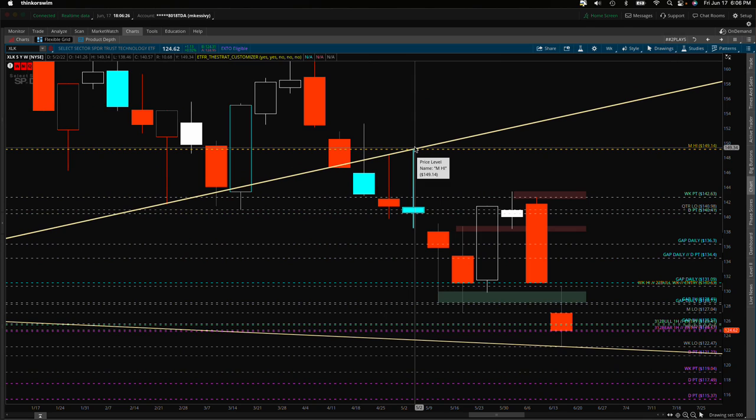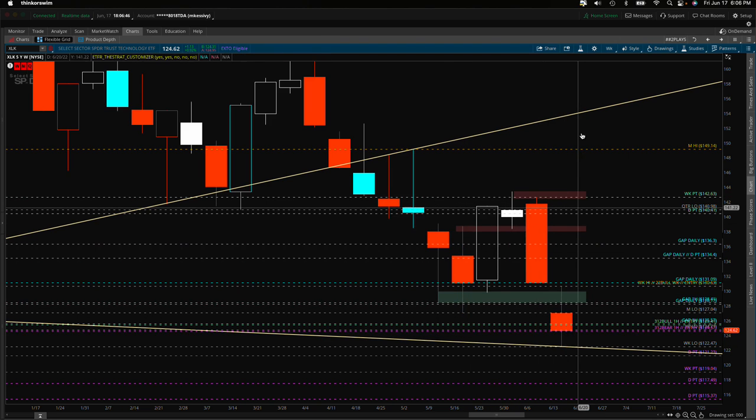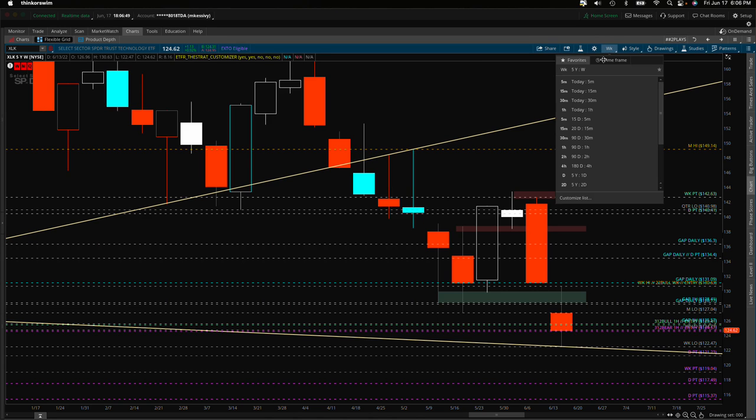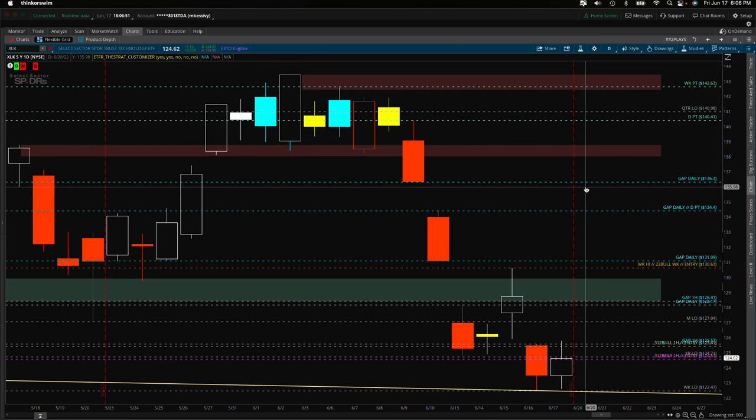So you want to typically get in. So once we hit this level, bounced up, had an outside bar to the downside, could have got in right here on a weekly chart at 139.69, and then took the trade down, came back up a bit, and then big move to the downside, right? Looking at this on the daily chart,